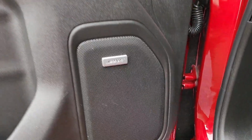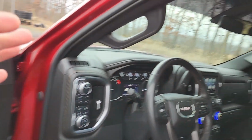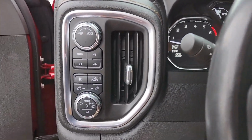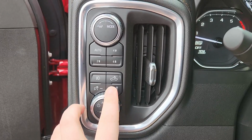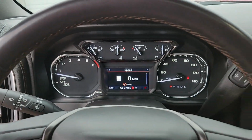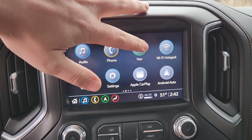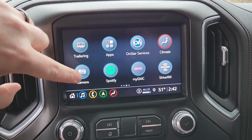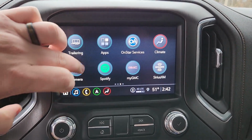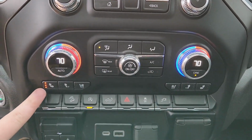Bose stereo system, memory seats, power locks, windows, mirrors, sunroof. Here's all your automatic lights and your four-wheel drive and 4-Hi and 4-Lo and tow/haul mode. You have built-in navigation. You have backup camera. The trailering app, you do have the trailering equipment, Android Auto and Apple CarPlay, dual climate controls, heated and vented